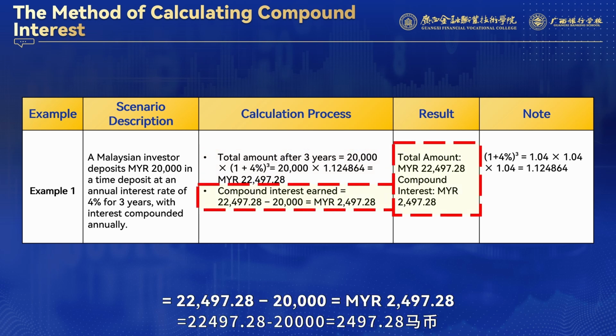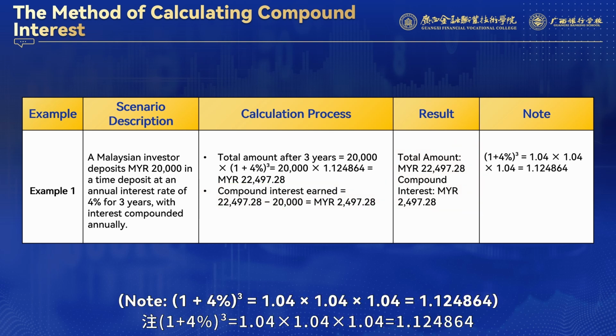Compound interest earned equals 22,497.28 minus 20,000, which is 2,497.28 Malaysian ringgit. Note, (1 plus 4%) to the power of 3 is equal to 1.04 times 1.04 times 1.04 equals